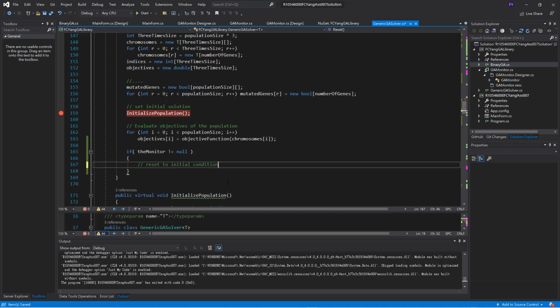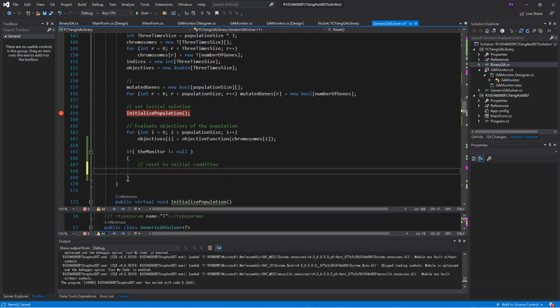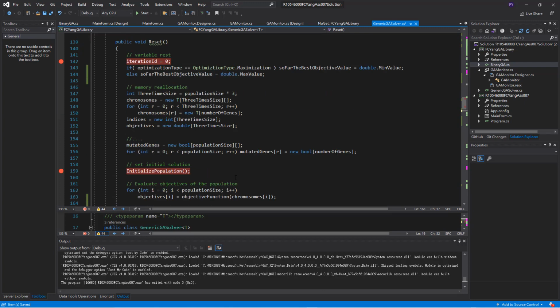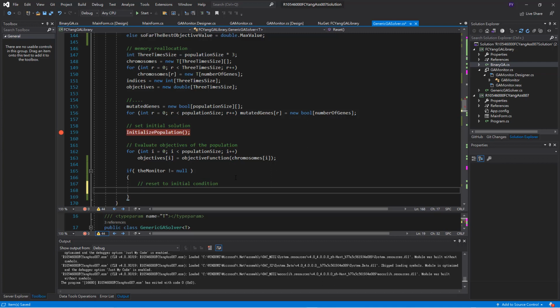So what kind of thing is it? In that case, if it is reset, so we will hide btn run one. Okay, wait a minute. If it hit reset,